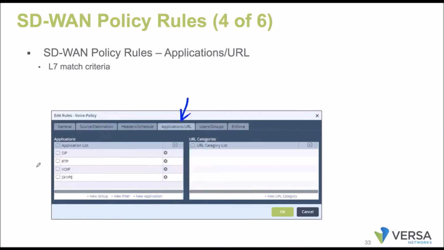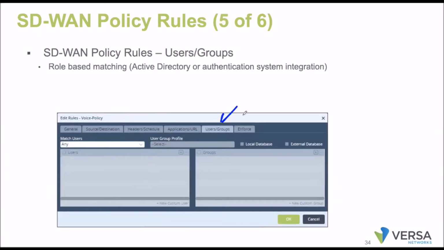Right, so coming to the advantage, the L7 information, I can use it. So I can go with applications. I can select that list of applications or the URL information. If you wanted to go with some user-based information as well, only some privileged users, that you always wanted to forward the traffic over the internet or over the MPLS, you wanted to select based upon that user information as well. In order to do that, either you can create a local database or you can integrate with LDAP and you can select that criteria as well.